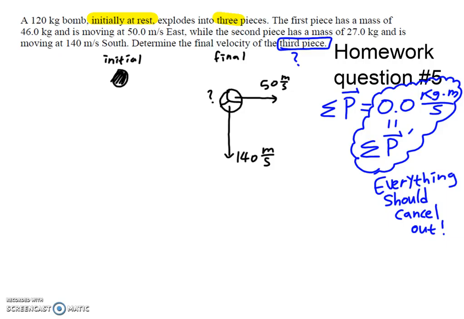However, if you get the conclusion from the previous concept, which is my side writing over there, that everything should basically cancel out, we can conclude that since one of the pieces goes east, and one of the pieces goes south, there must be some kind of momentum that compensates these two and cancels these two,